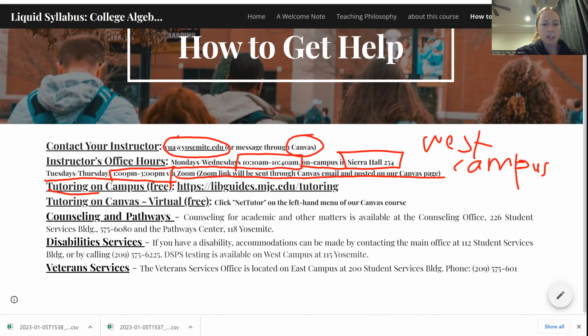And then there's tutoring on campus, and this is the link to it. It'll tell you the hours and the names of the tutors. They have them in person. You can make an appointment or just walk in and they'll have the drop-in sessions. But also I think they have Zoom sessions. I don't think they have drop-in Zoom sessions anymore because I think it was too chaotic to have drop-in Zoom sessions for these tutors. But you can make appointments to have a Zoom tutoring session with a tutor.